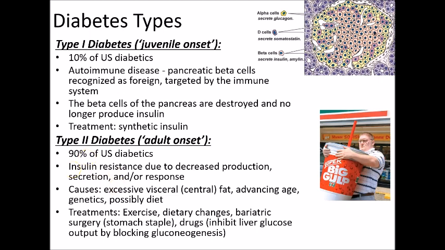Causes could be many. Some studies have pointed to excessive visceral fat. That would be central fat. As people have advancing age, they tend to get some level of glucose sensitivity issues. Certainly genetics play a role, and possibly even diet. Again, some people argue that eating high sugar loads, especially the simple sugars that change blood sugar very quickly, would